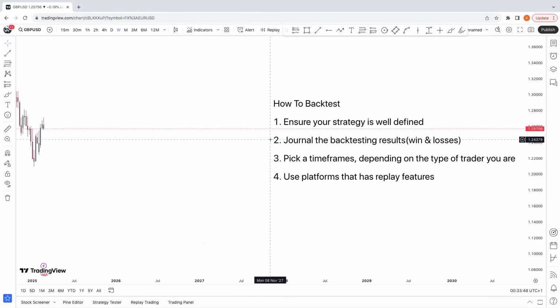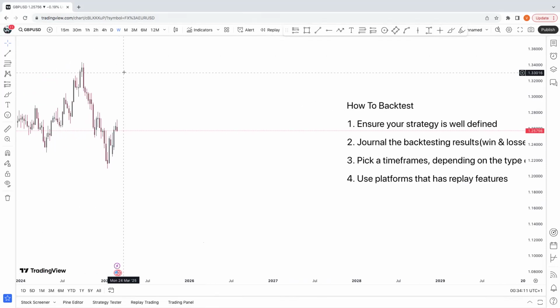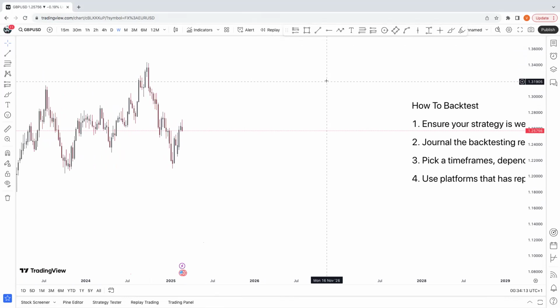Then the number two thing is you're going to journal your backtesting results, right? You're going to journal the wins, the losses, and also the missed entries as well, right? You're going to journal the missed entries and also the break-even trades you got, right? If you're somebody that breaks even your trade, you're going to journal all the break-even trades you got, the win rate, the wins, the losses, and the missed entries. Now, the reason why you should journal your missed entries is because a lot of traders tend to find themselves